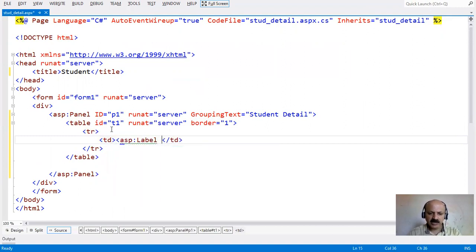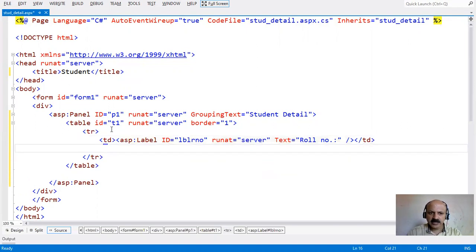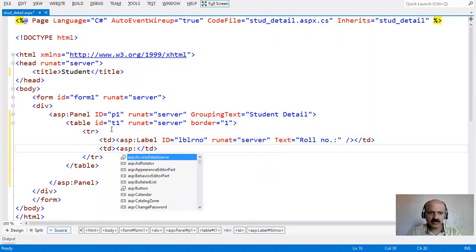Here take one label for roll number, lblrno, that is the ID of the label control, runat server, and the text is Roll Number. Close the tag. Take another td for taking the input of the roll number.